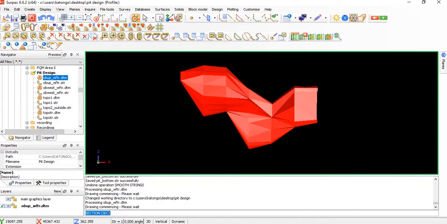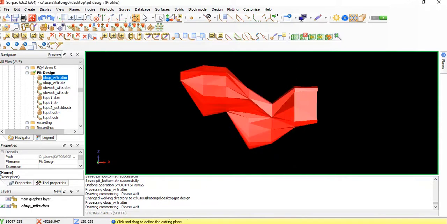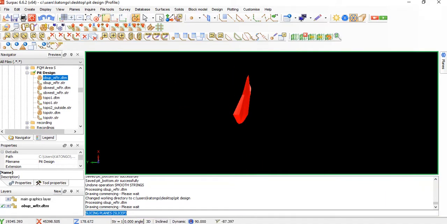So click on define section, then where it says section definition method, we use graphically select section line, and distance forward of the plane we use 25, and backward of the plane as well is 25, and click on apply and just cut it as I show in this video. So just something like this. Yes, we put it in the y-x direction,